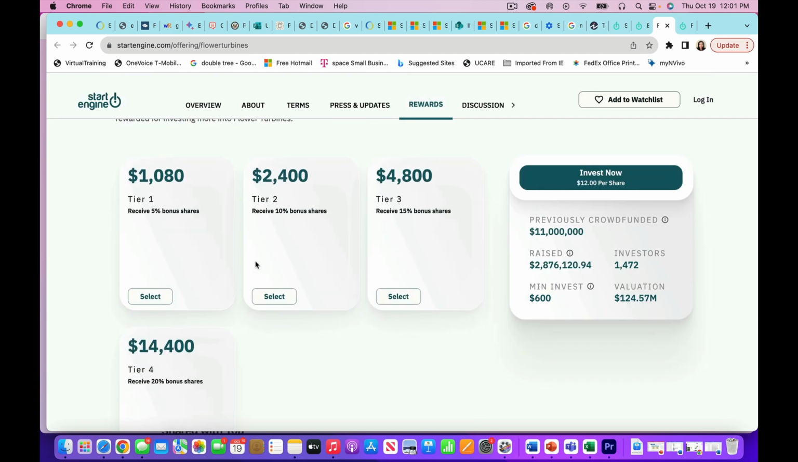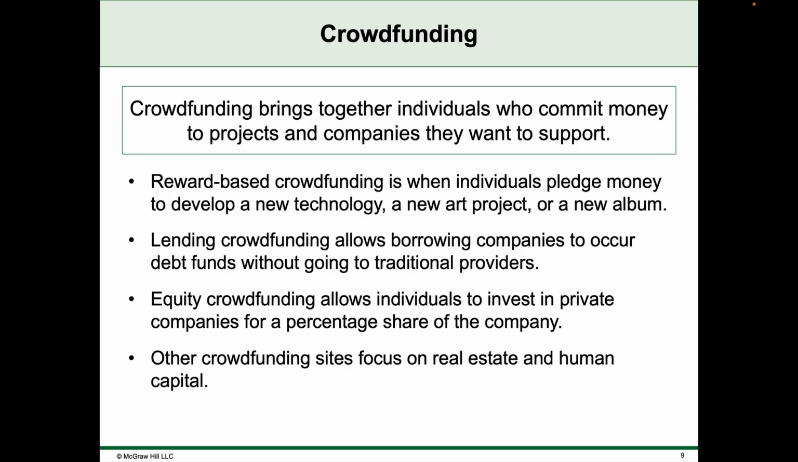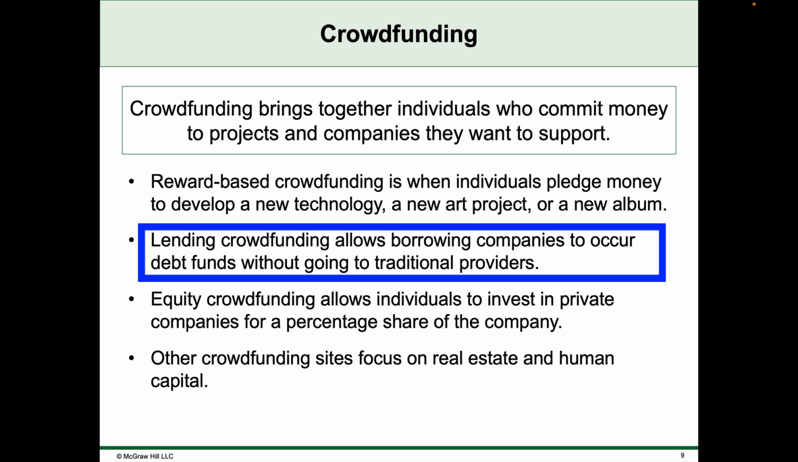And as a first tier investor, you would receive 5% bonus shares. As a tier 2 investor, you would receive 10% and so on. There's also another type of crowdfunding that would be lending crowdfunding, and it allows borrowers, usually companies, to incur debt